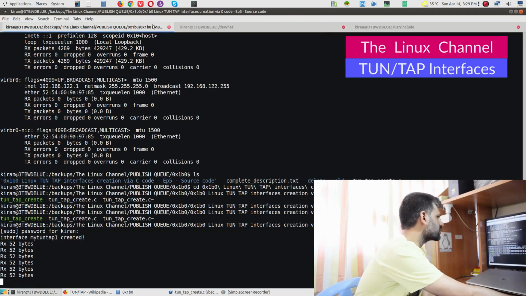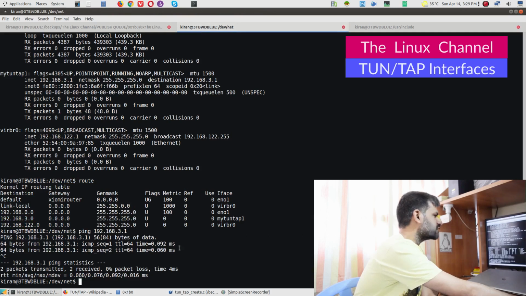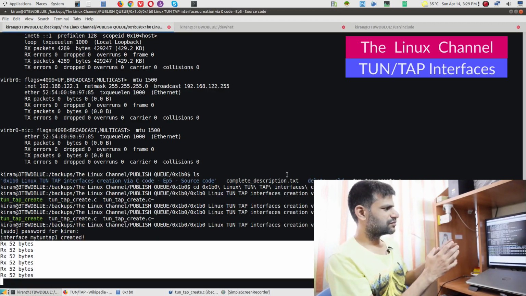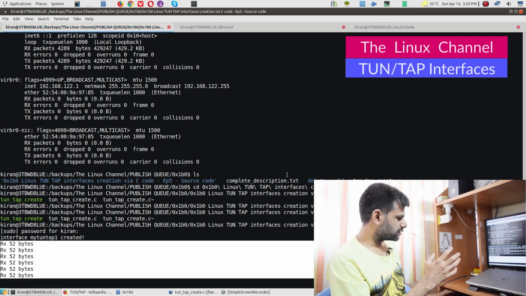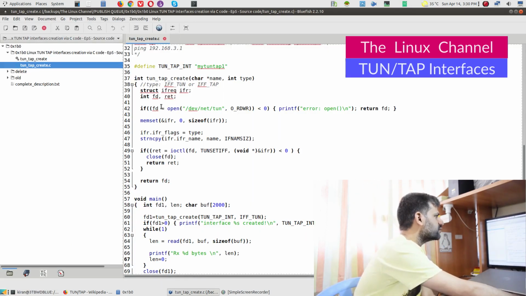Anyway, you can see here it is printing whatever it has received. We just did a quick ping, so I feel that is what is getting printed over here. So this is one way we can create this interface. And if we do the code walk now, you can see this API, we have this